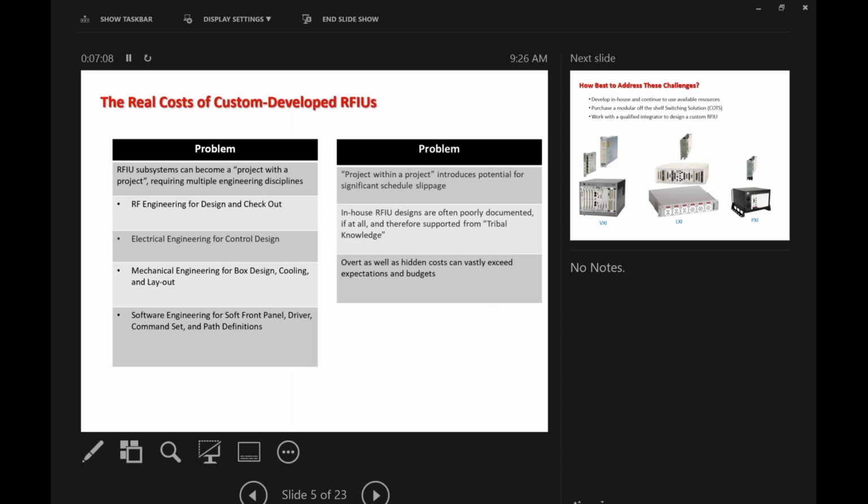So when we look at the real costs of, say, we want to develop a custom RFIU in-house, a lot of times these things can become a project within a project. And what we mean by that is it requires multiple engineering disciplines or resources. We need our RF engineers to do the design and the checkout, the electrical guys to take care of all the control side of it, mechanical guys for the box design or the cooling, and then of course software guys are going to be responsible for putting together some type of a driver or the ability to communicate with the